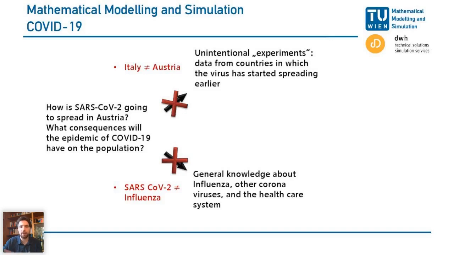There are a lot of things known about this virus, but the new virus is different. So we have a different transmission rate, we have a different dispersion factor, and so on. A lot of things are different with respect to this new virus, and that's the situation. That's why we need something in the middle. We need some